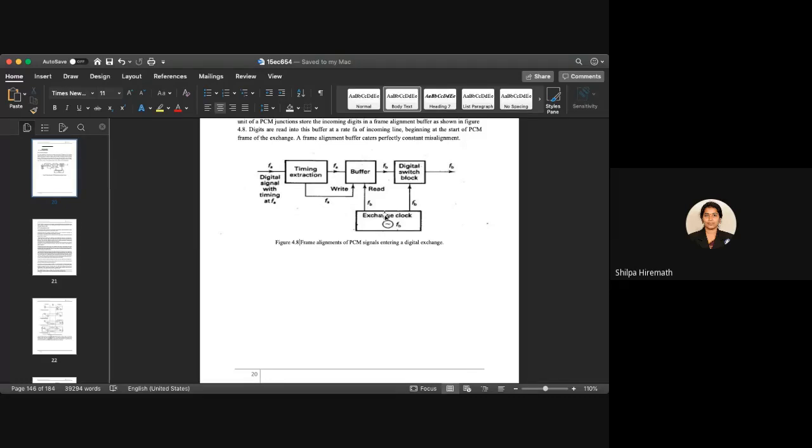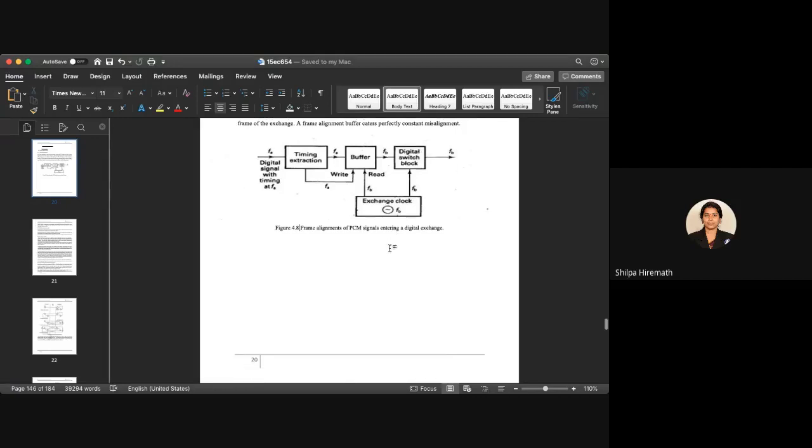What is happening in case of uncontrolled slip is, here the frame slip is due to the malfunctioning in the transmission, or it can be within the switching system also. Since it is not under our control, it is said to be uncontrolled slip. In either of the cases, the frame is lost. So this is the case of frame slip, or say frame error.